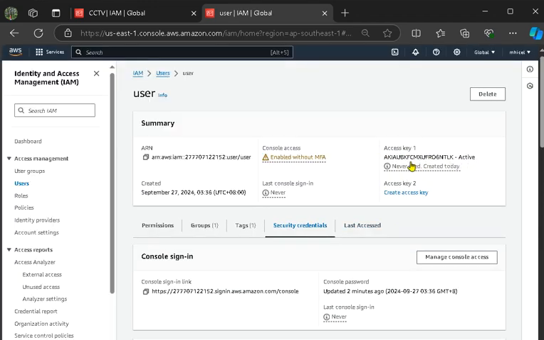You successfully activated the access key to CLI.